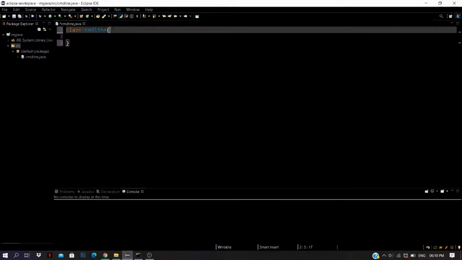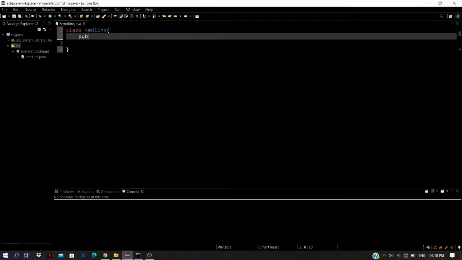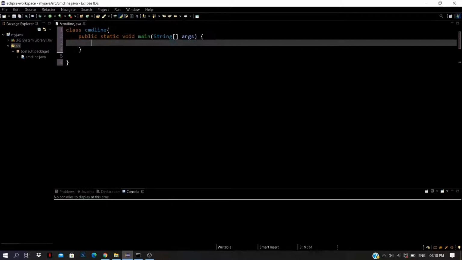Inside this class, I am giving the main method: public static void main. This main method takes String args, an array of arguments: String[] args, open and close braces. Inside the main method, I am taking arguments with index 0, that is